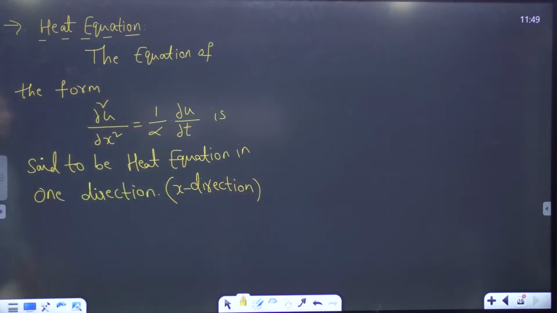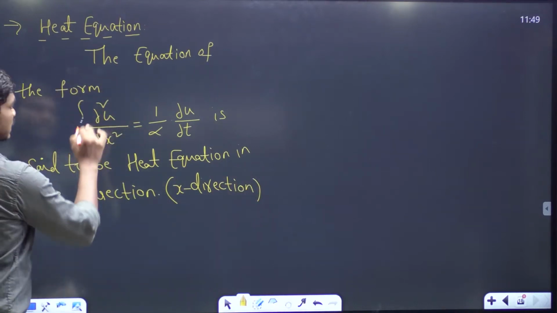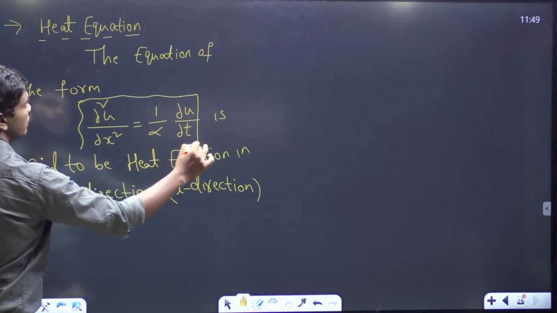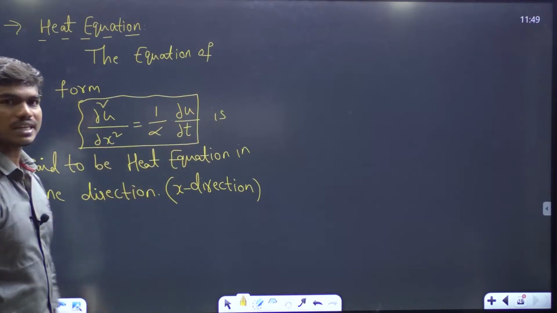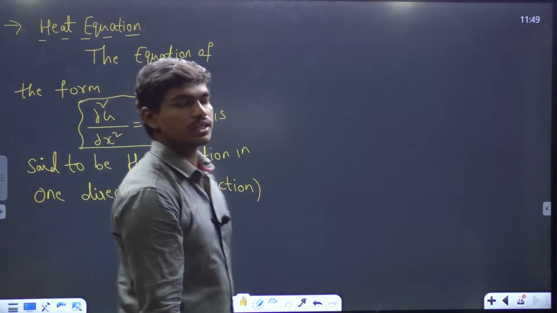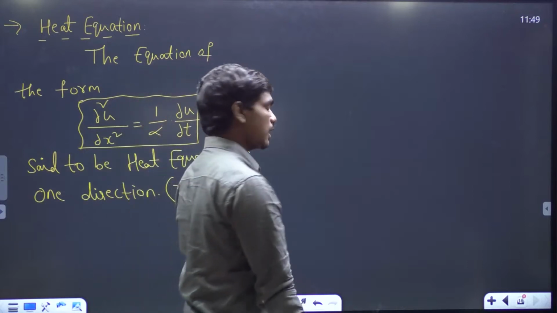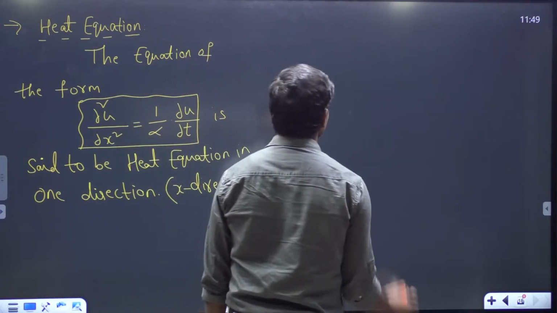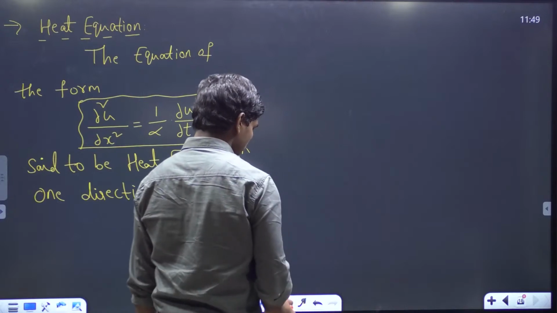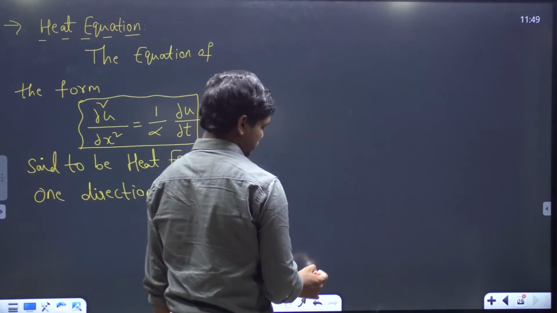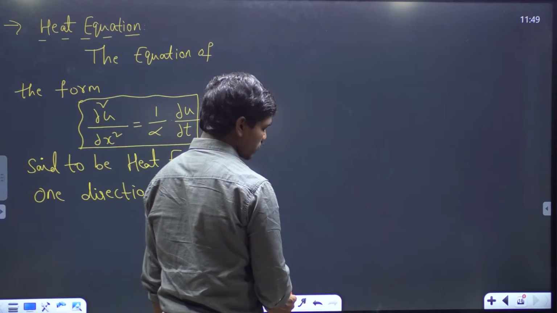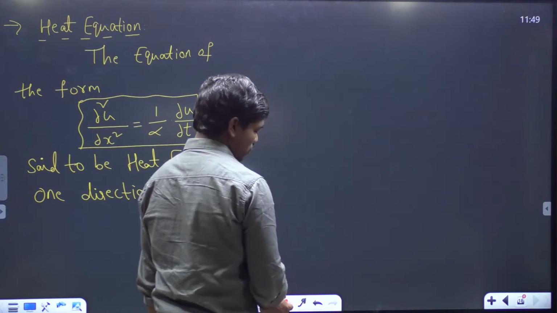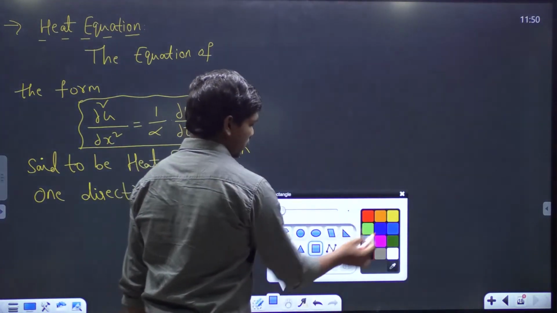Okay, so see here. Now basically if you try to see the nature of this equation, generally u is the temperature and x is the location at a point and small t is time. Okay, so for example, let us consider one thing here. I want you to understand this in a good way. So let us suppose